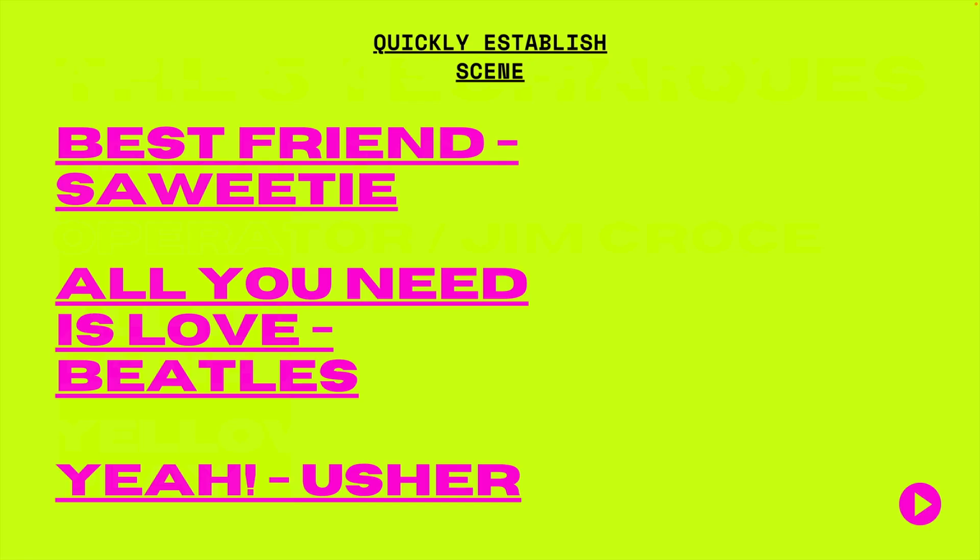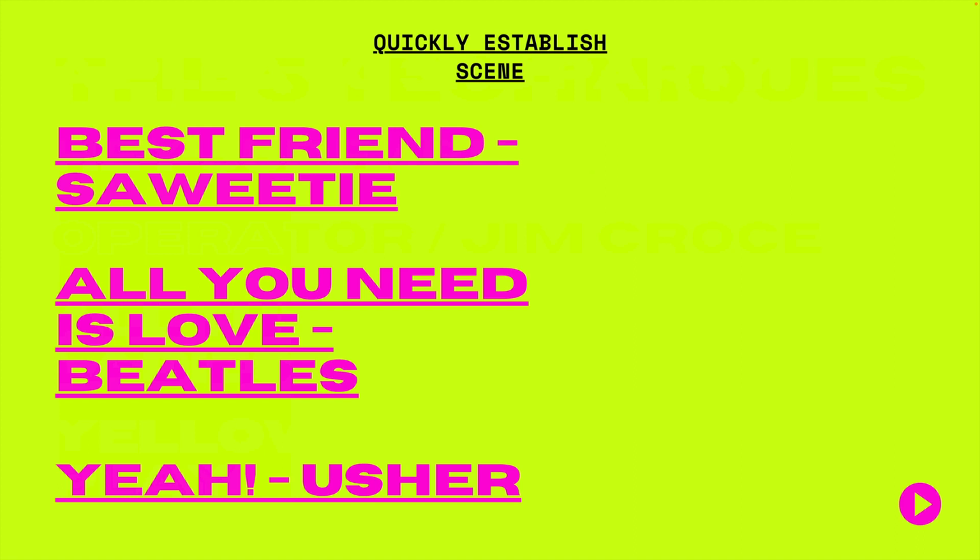Next up, we have songs that quickly establish the scene and the theme of the song. The most recent one being Sweetie's hit, That's My Best Friend. "She's a real bad, she's got her own money," and goes on from there. And it's all just a song about having this badass best friend. The first words are literally, "That's my best friend." And they just go on talking about why they're each other's best friends.